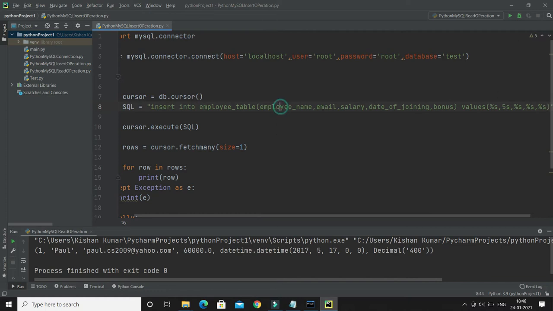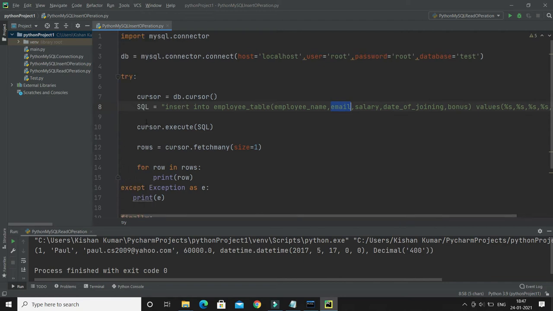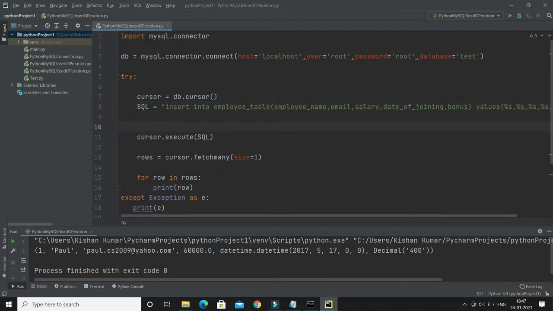So we have 1 2 3 4 5 columns, and how many times have we specified the percentage? 1 2 3 4 5, 5 times, right? And now values for these placeholders, the first represents the employee name, the second represents the email, something like that, right? So this value we have to replace at runtime, right? Now here what I'll do